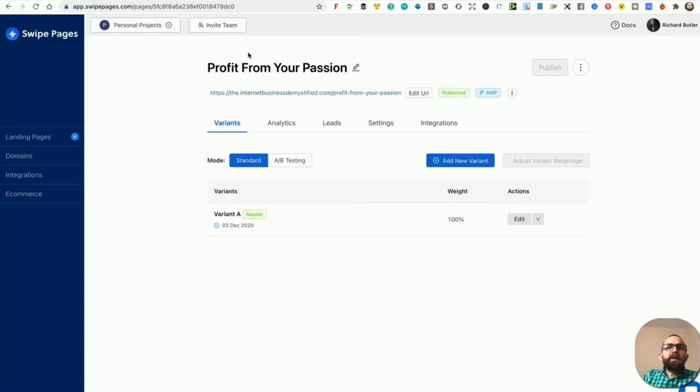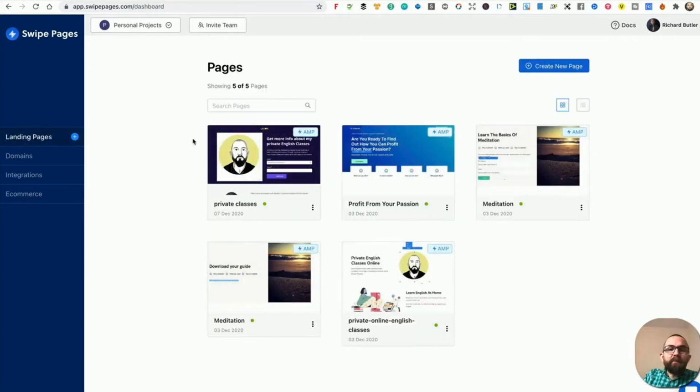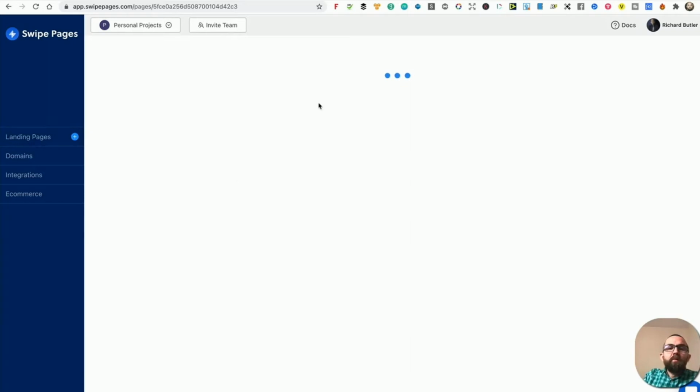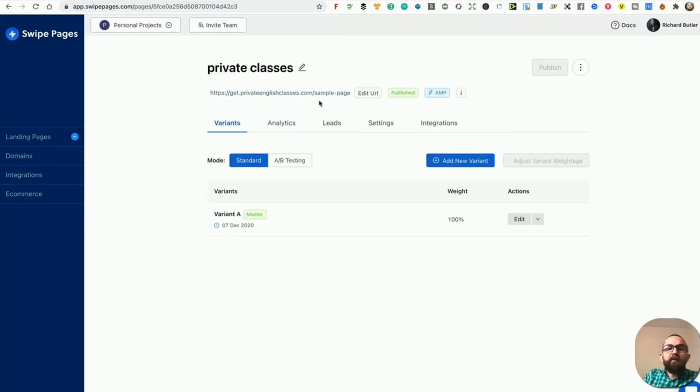There's a couple of things that you see here. This is actually on my domain, internetdemystified.com, and the previous page that I showed you was also on my domain here, privateenglishclasses.com. So these are the 3 custom domains that you get, meaning that you can use your own URL to display these pages. The pages are actually on swipe pages and using the swipe pages technology, but because you have actually set up the